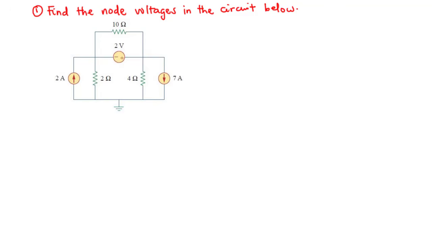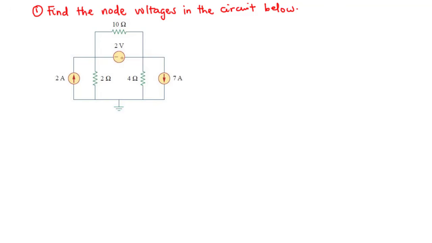In the previous lesson, we said that given a problem and being asked to use nodal analysis to find the node voltages, the first thing you do is identify the reference node. Secondly, you apply KCL at the non-reference nodes to obtain the current equations, and then apply Ohm's law in order to obtain the node voltages and solve them simultaneously. Now, in the case where voltage sources are included in the circuit, the two extra cases you need to consider are: